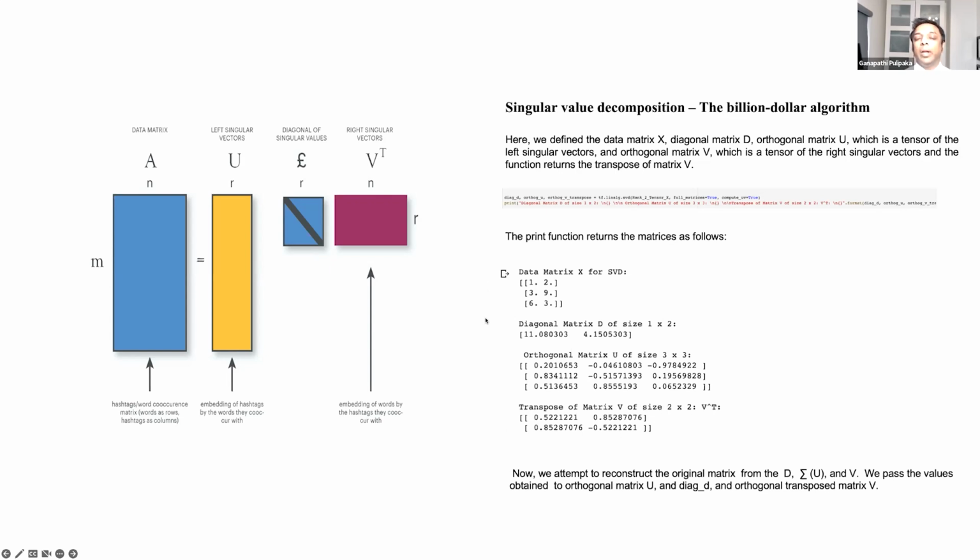Now we're going to attempt to reconstruct this original matrix from the D and sigma of U and V. We'll see how these values are transposed to matrix V and whether the LHS is equal to the RHS or not.